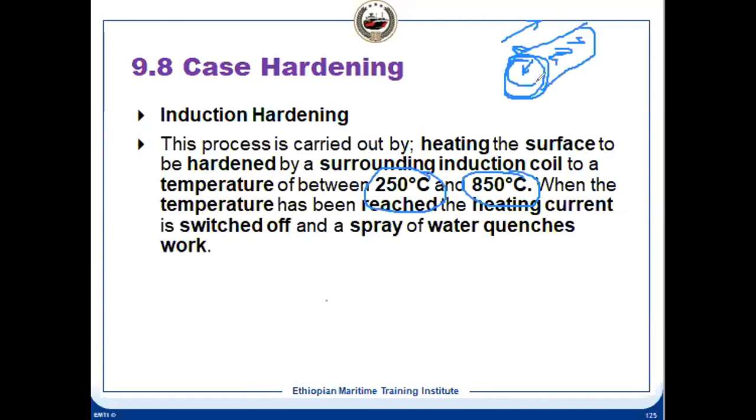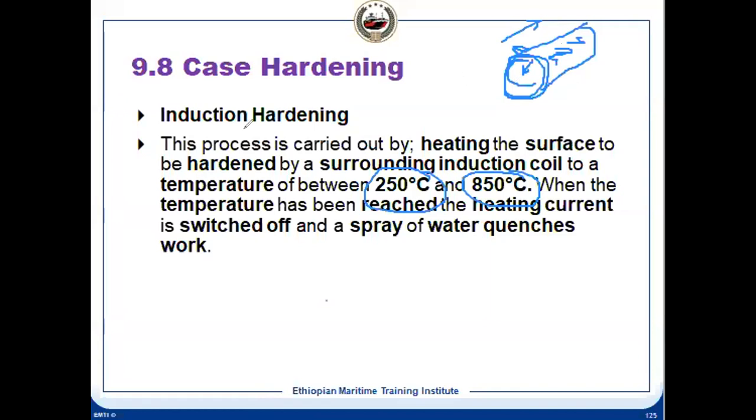So on the surface, it will become hard. The surface will be hardened, so it is called case hardening. We are not allowing the inside temperature to increase. If the inside temperature increased, the structure there would also change, which we don't want. We want only the outside to reach a higher temperature, and then we quench it. Once we quench it, that will become martensite on the surface. So the surface hardening, or the case hardening, is done.